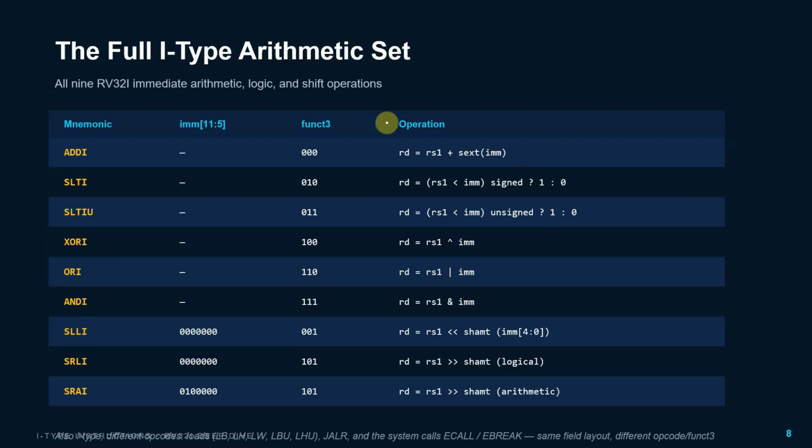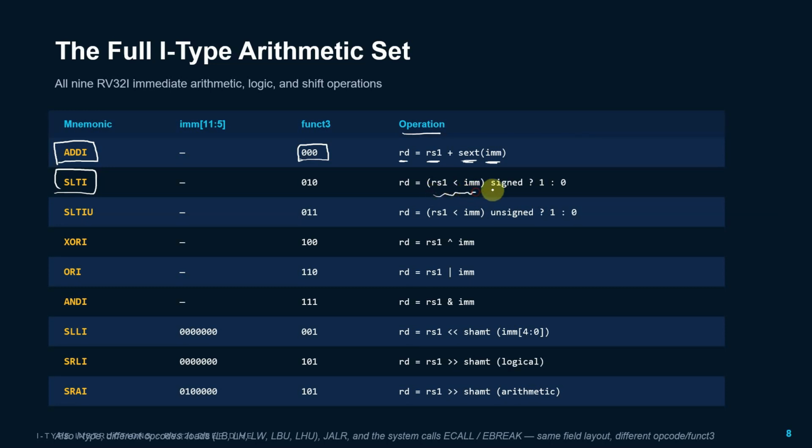Now, depending upon my function 3, I'm going to decide what kind of operation I should perform. In the case of my ADDI instruction, my function 3 is equal to 000. The operation is: destination register is equal to source register plus sign extended immediate value. So, whatever immediate value is provided, we are going to add it with my source register. And in this particular shift left set less than immediate, here we are going to compare